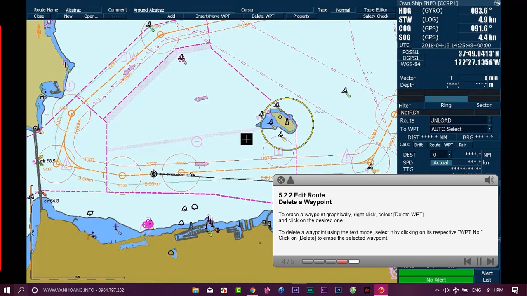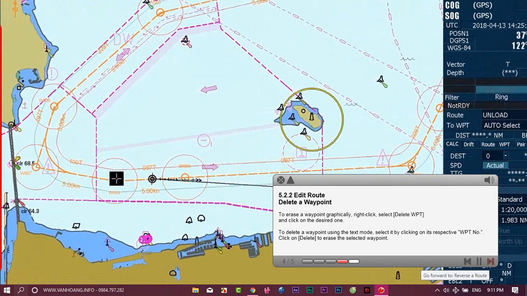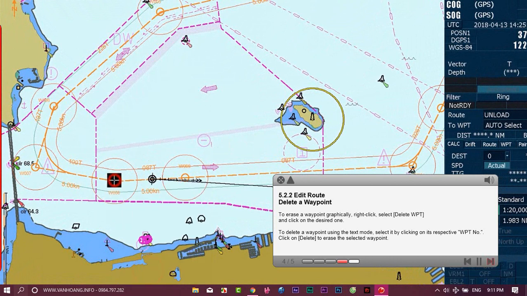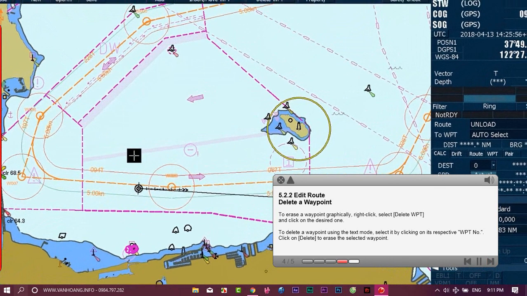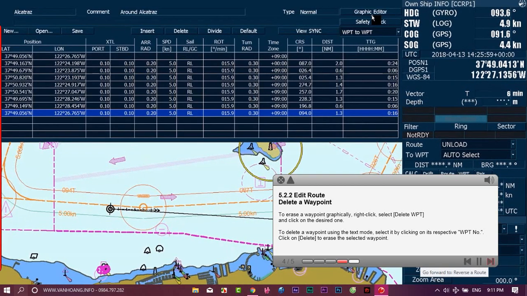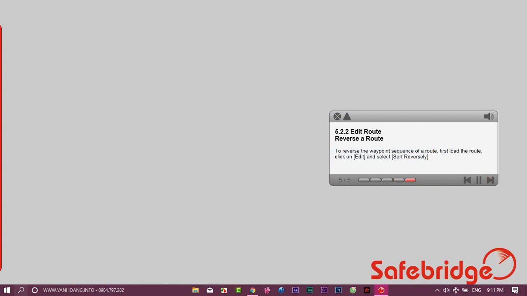Delete a waypoint. To erase a waypoint graphically, right-click. Select Delete Waypoint, and click on the desired one. To delete a waypoint using the text mode, select it by